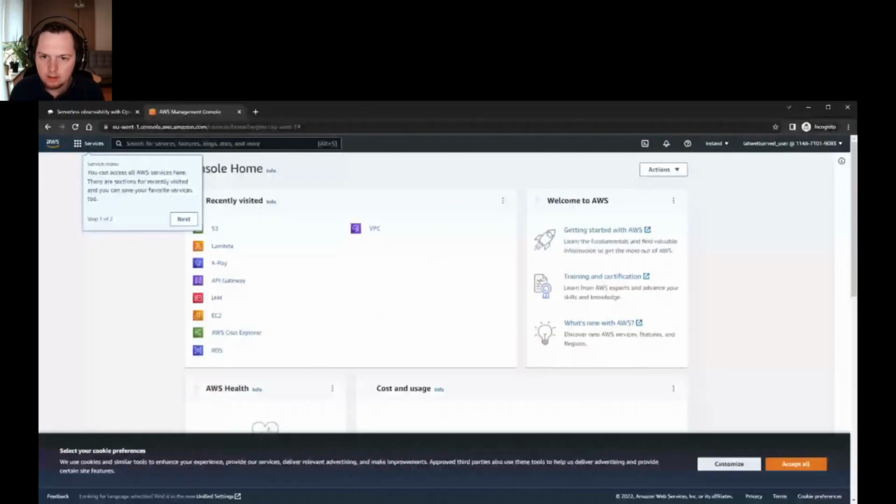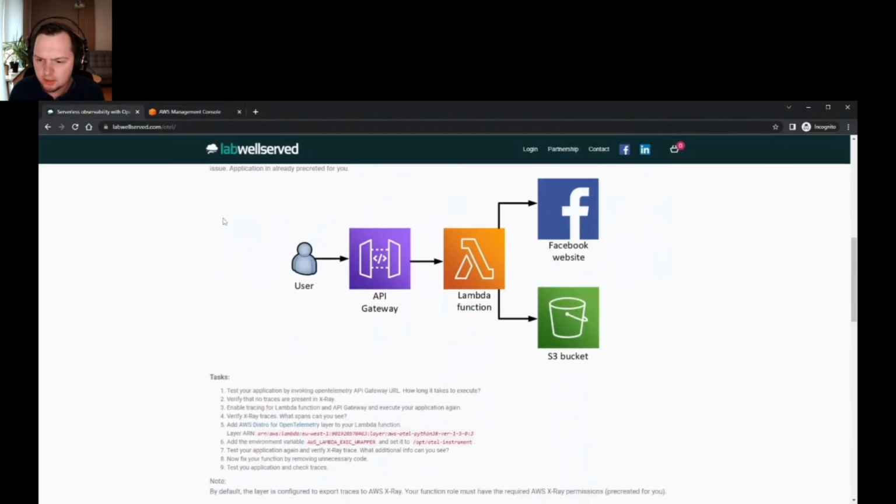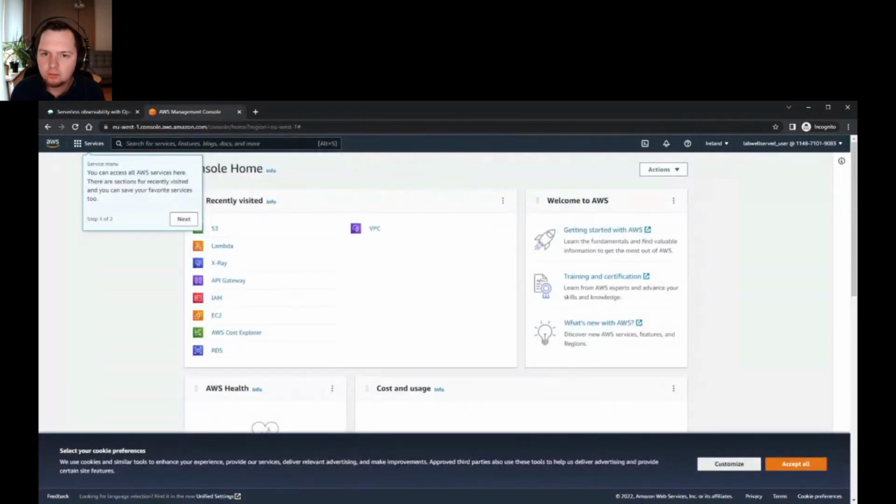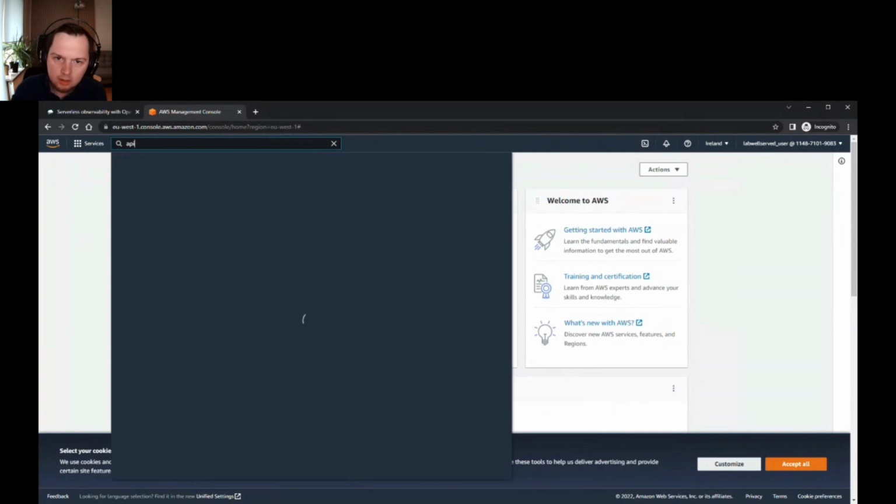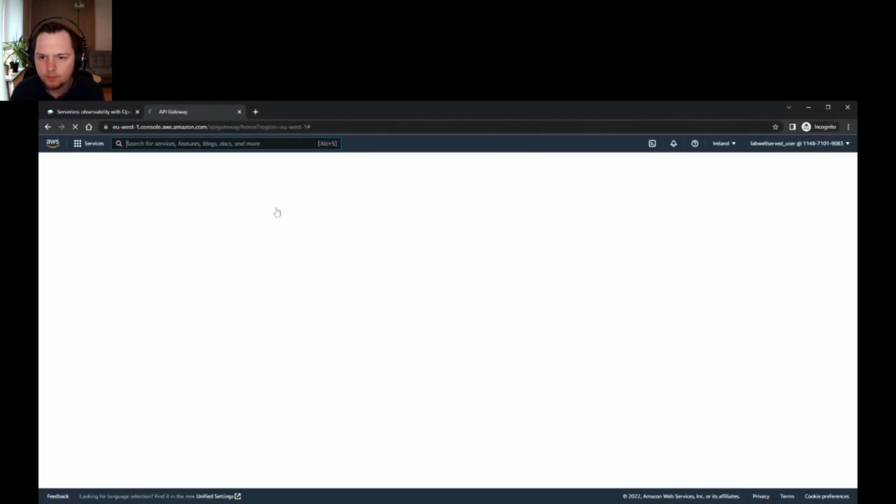I'm almost there. Okay, I logged into the console. So let me share my screen again. Yeah, you should be able to see my screen and the AWS console. And what I want to show is how this works. So first of all, we will go to API Gateway.